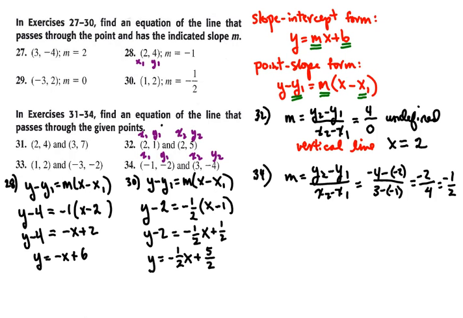Okay, in this next video we'll continue with problem number 34, where we're trying to find the equation of the line that passes through 2 points. So when we're given 2 points and we're trying to find the equation of the line, we always begin with finding the slope, which I already did there. It came out to be -1/2. And then I use the point slope form,